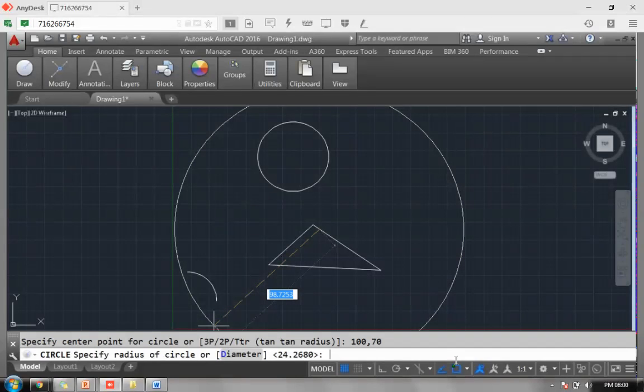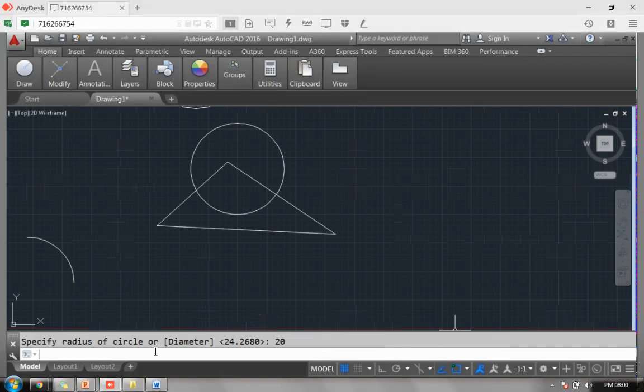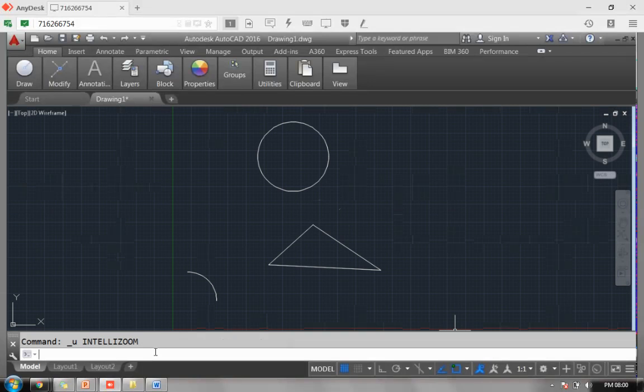So I put a radius of around 20. It draws me something. I don't want it now. I can just undo it. I can say U, or I can say Control Z. I say Control Z, it is gone. Under U, it's again gone. That way it works.